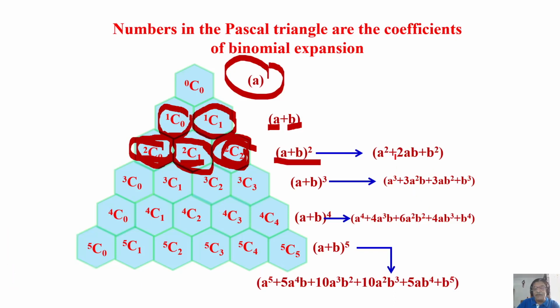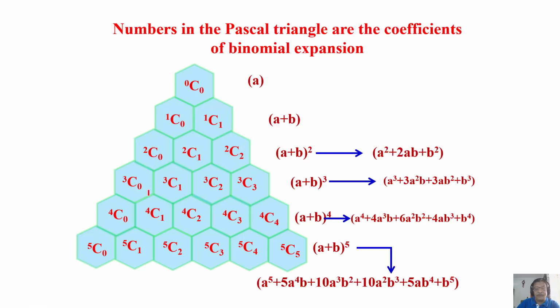Okay, when you take (A plus B) whole squared, A squared plus 2AB plus B squared. So the intensity is coefficients of this expansion. 1 is to 2 is to 1. Remember, this is easy to understand by looking at the coefficients. Come to this one. This is 3C0, 3C1, 3C2, 3C3. This is simple logic. You can keep on extending by the logic what is adopted here.